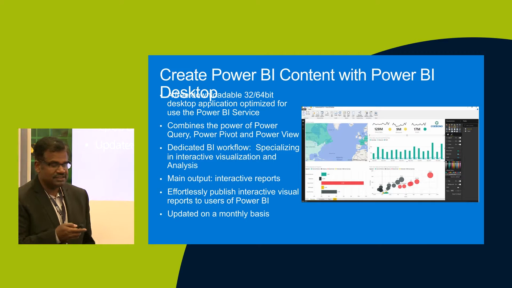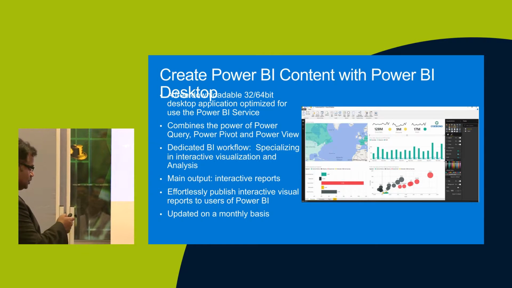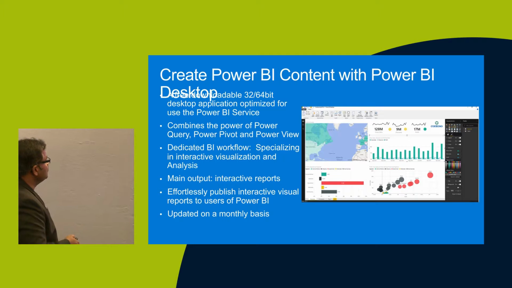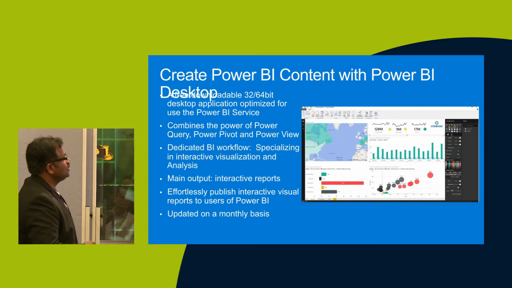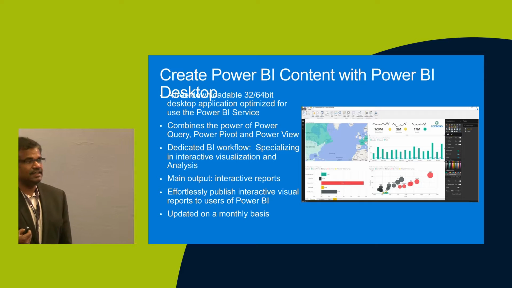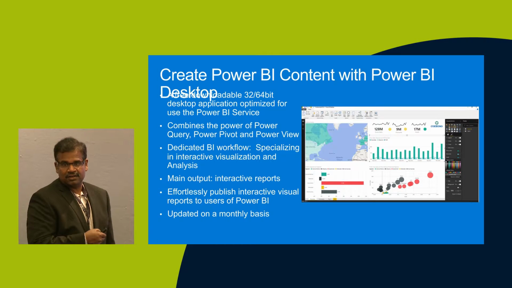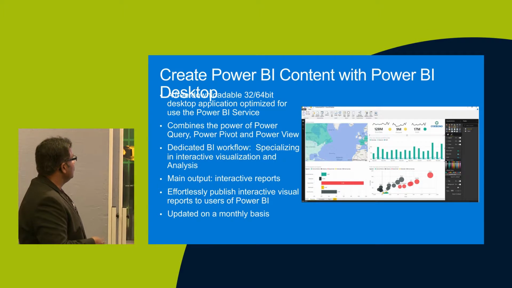Okay, so here this is the primary report authoring content tool, specifically for interactive reports. What we mean by interactive reports is, for example, if I click on this bar chart, the remaining visuals are filtered so that you get insights. What are the key values for this particular interaction, right? And then finally, after this,